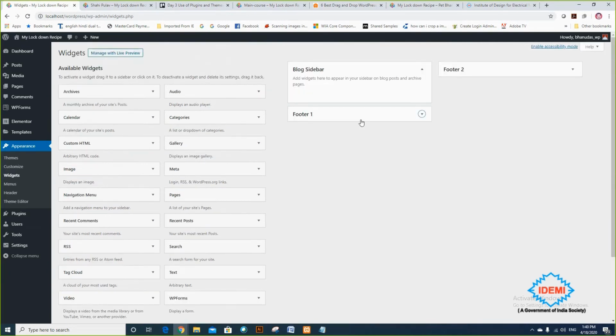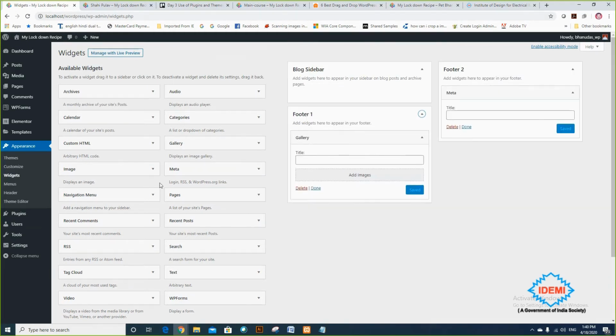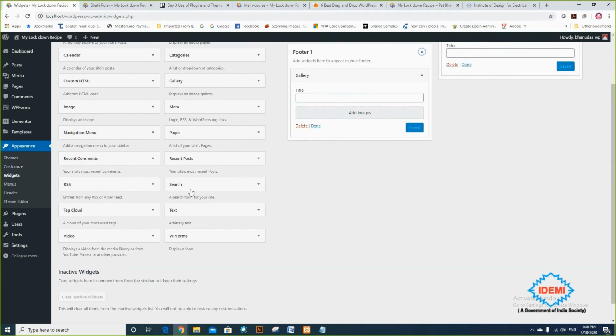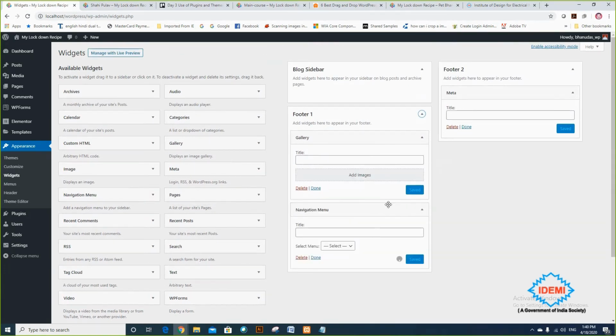So there is a footer 1 and footer 2, and you can save the widget accordingly, and you can generate the footer. Okay, and there you can put some text, and there you can put a navigation menu and give a title accordingly.